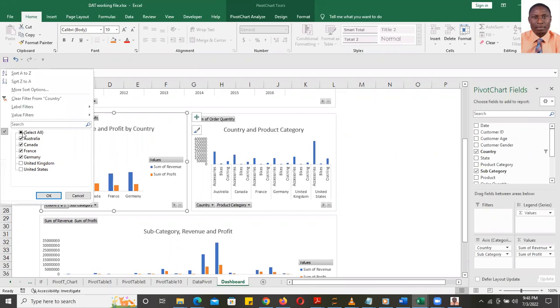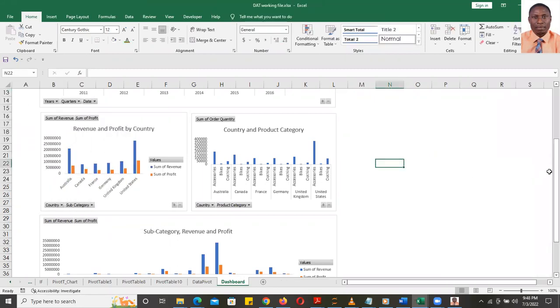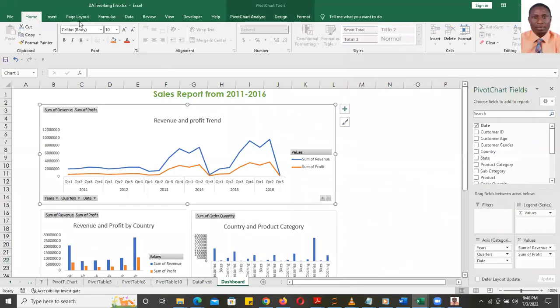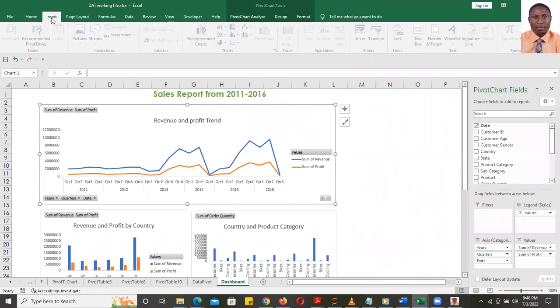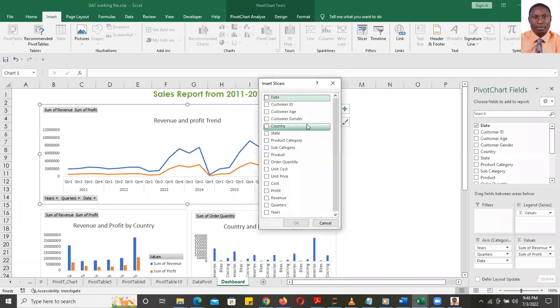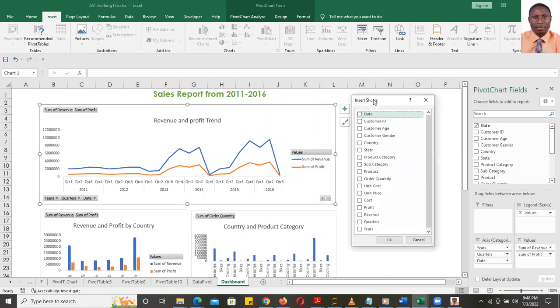Okay. So the filter, we only work on just one chart at a time. So which one is dynamic? Slicer. And that's what I'm bringing in now, slicer. So you go to Insert and you click Slicer. This is a slicer. Now, the slicer as well will pick all the columns of our